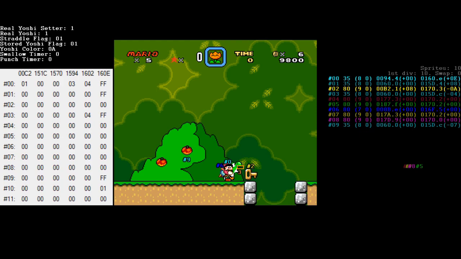So it sets 1594 to 1, but it also sets 151C to 0. 151C is the tongue length. So basically it says, okay, start sticking out his tongue and set the tongue length to 0. That's what it does. So first it nullifies the mouth link slot, then it tells him to start extending his tongue, then it sets the tongue length to 0. Okay, so